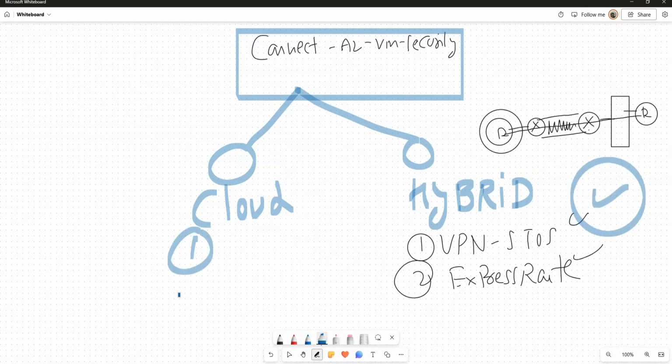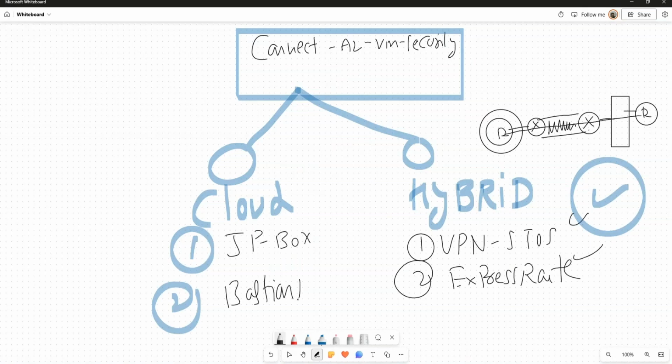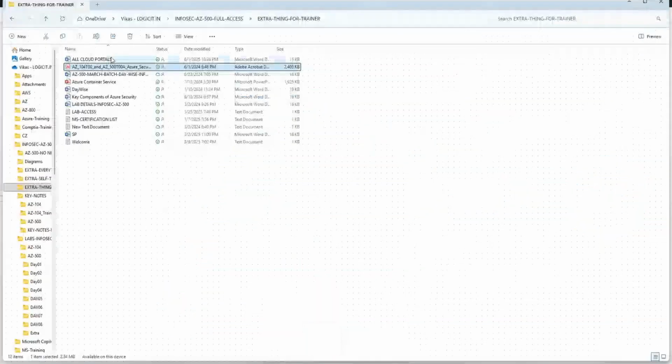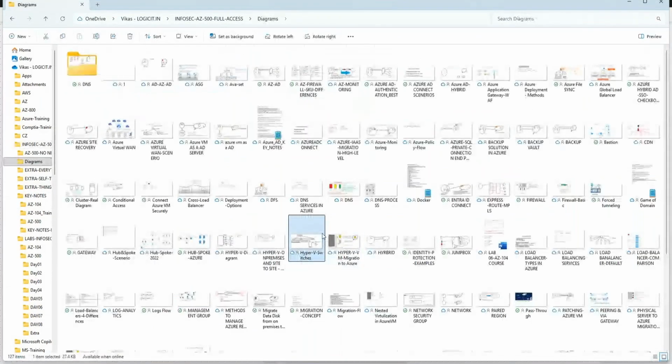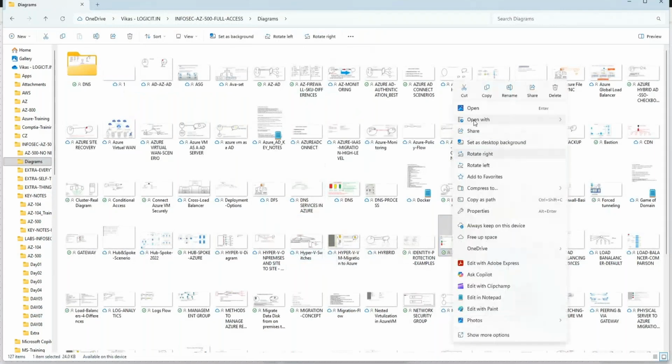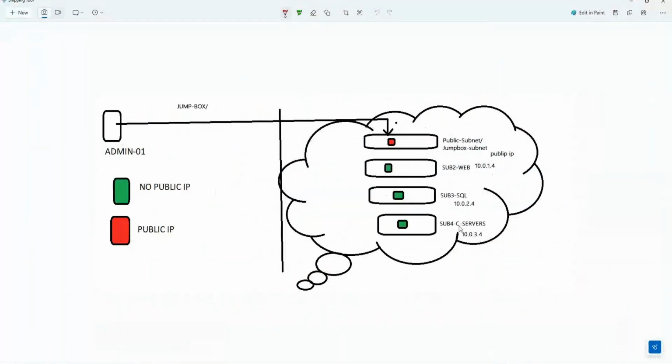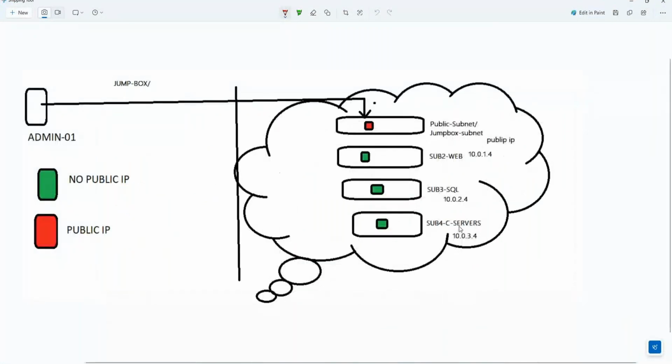In cloud, we have two concepts: Jumpbox and Bastion host. What is Jumpbox? In Infosec diagrams, Jumpbox. What I told you 5 minutes before, production VMs should not have a red IP. So I make a dedicated subnet having a red IP, and it's not my prod VM.